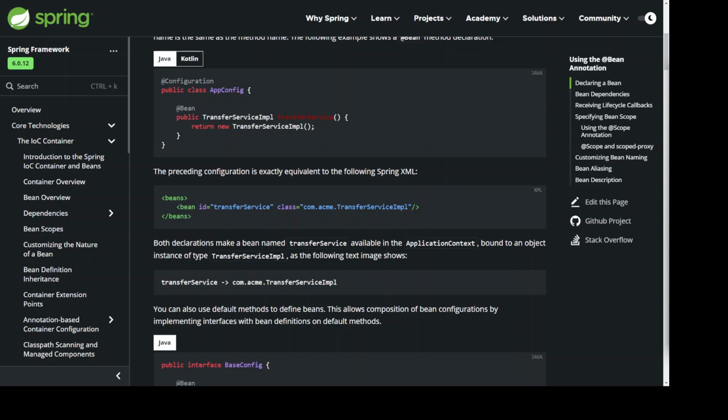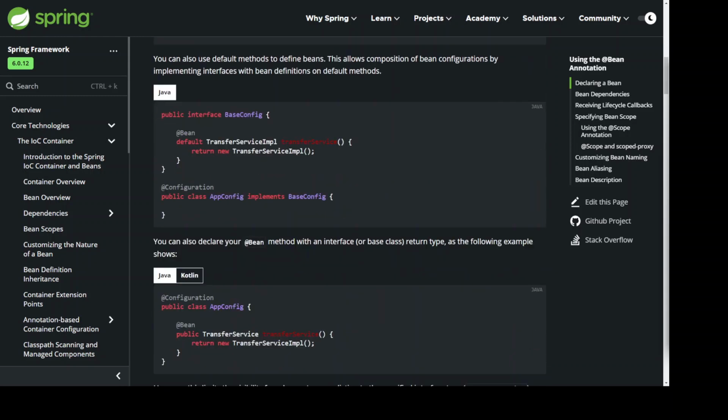You can also use default methods to define beans. This allows composition of bean configurations by implementing interfaces with bean definitions on default methods. public interface BaseConfig { @Bean default TransferServiceImpl transferService() { return new TransferServiceImpl(); } } @Configuration public class AppConfig implements BaseConfig { }